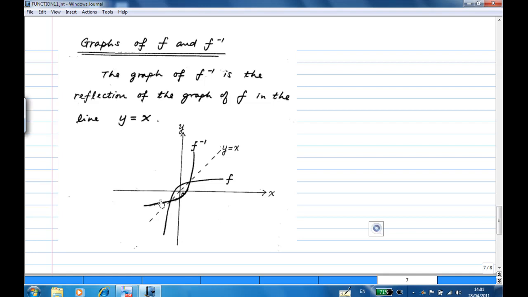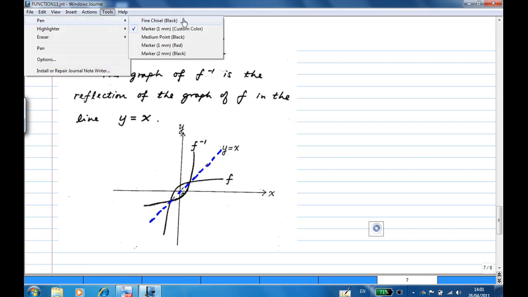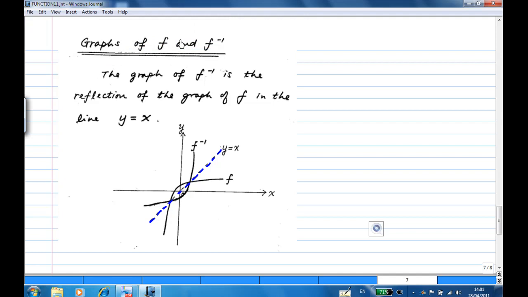So, for example, this is the line y equals x, which is a straight line, and you have a graph of f given. Now, the graph of f inverse is obtained by having a reflection. So, for example, this piece of the graph after reflection will become here for this particular piece, and this piece of the graph after reflection will become here,